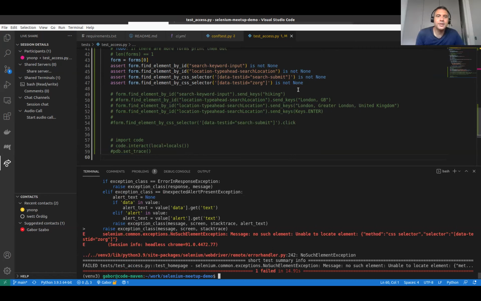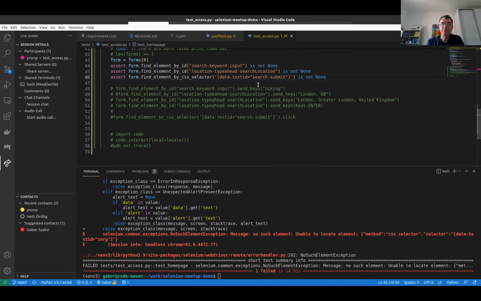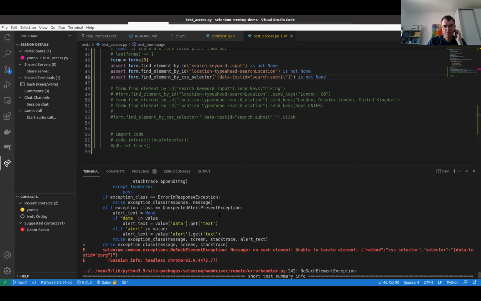Oh, the find is raising. That's what I wanted to verify, because now the no such element exception. So you can assert no exception is thrown. Does it make sense? Yeah, we can, but I'm not sure this is what we want. It looks bad. Find element. I would leave it like that, because if an exception is thrown, but then it's not none. It's just assert, and that's it.